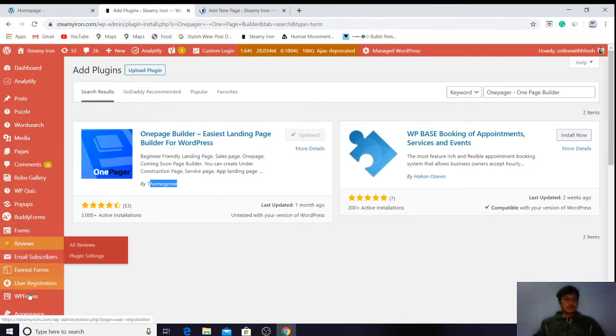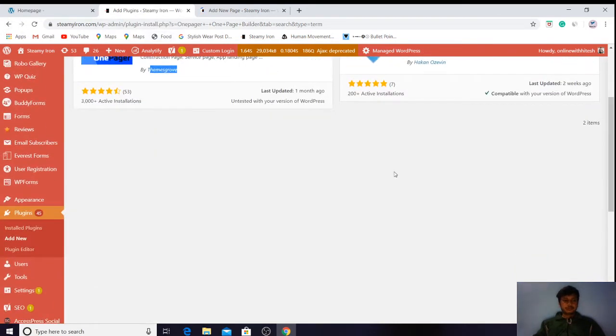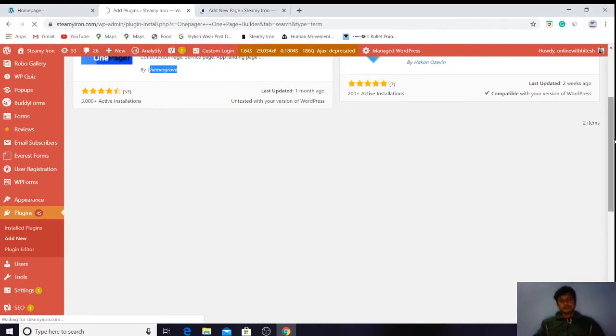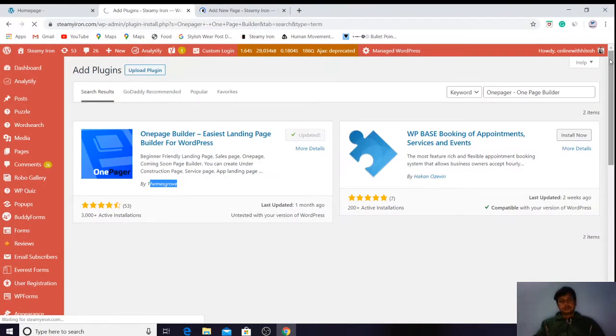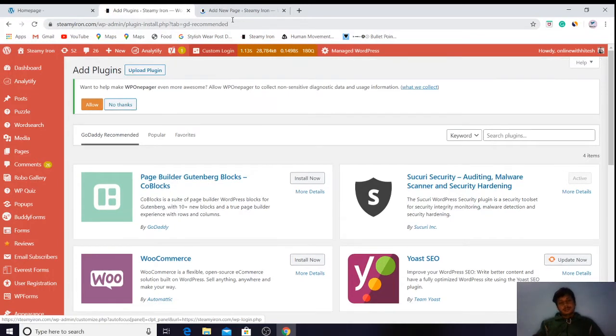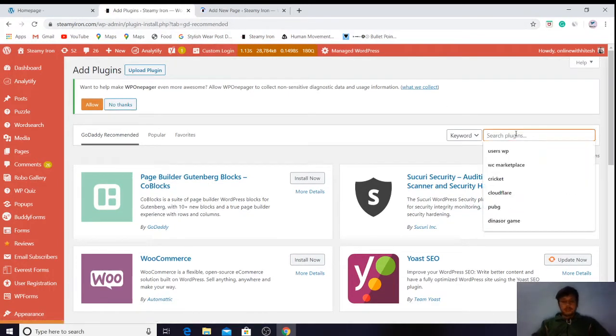To install the plugin, we simply need to go to plugins and click on add new. Now the add plugin screen will appear.